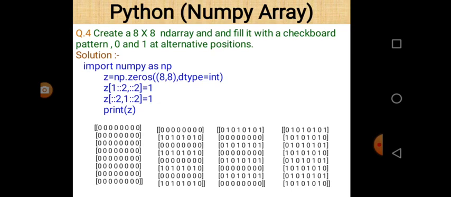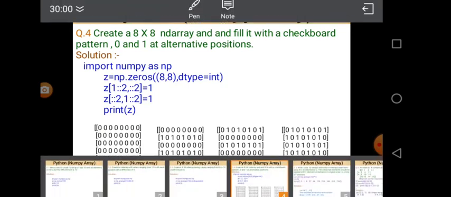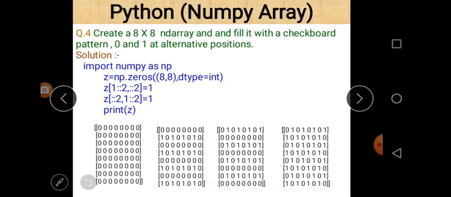And line number 3, actually, when we print this value, then the answer looks like this. If we only execute those 3 lines, then the answer looks like this. That means an 8 by 8 array will be printed whose elements are all 0.